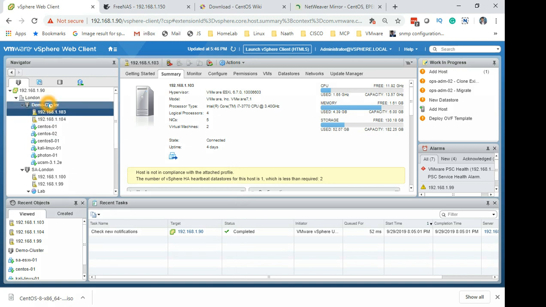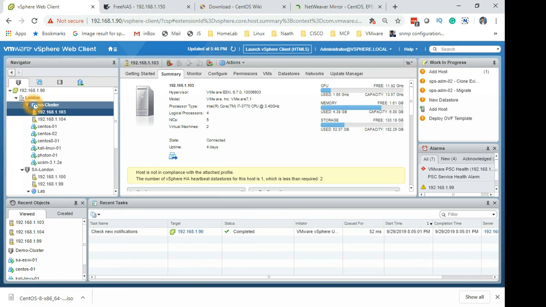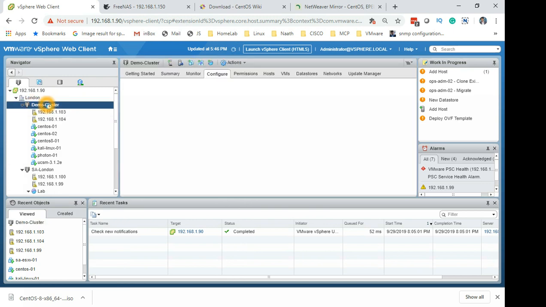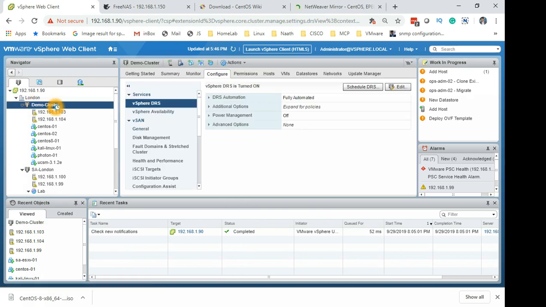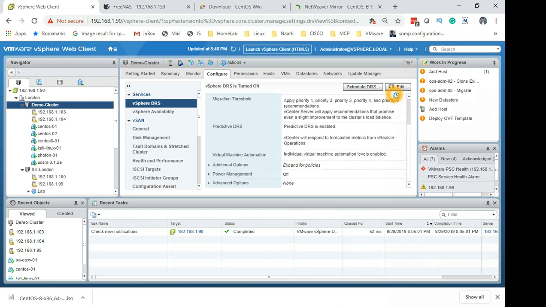So what we are going to see here is, for enabling DRS, you need to select the cluster. Once you select the cluster, the top option you get is vSphere DRS. At the moment, as you can see, it is fully automated, with migration threshold: apply priority 1, 2, 3 and priority 5 recommendations. So if you edit the settings,